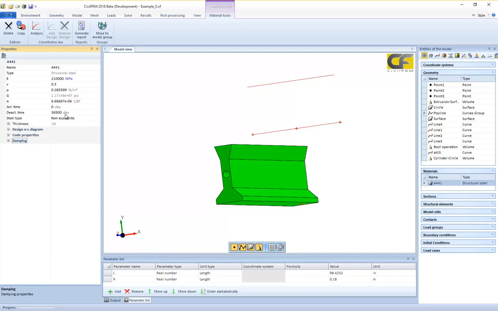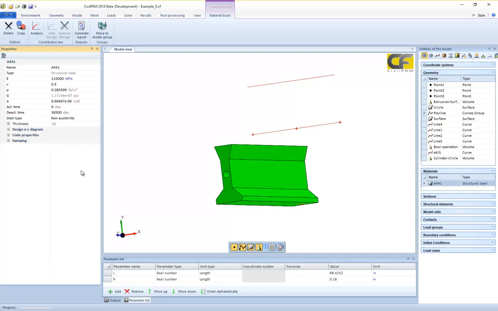That's why they have a deactivation time of 36,500 days. In CivilFEM you will see that every material has an age, and the age of the material is calculated by the calendar time. We'll see later, in another example, how to deal with different activation and deactivation times,